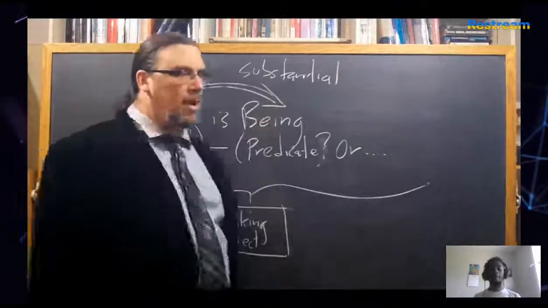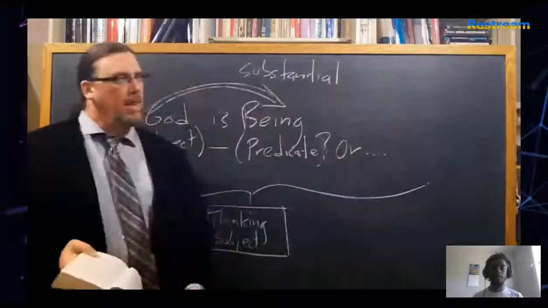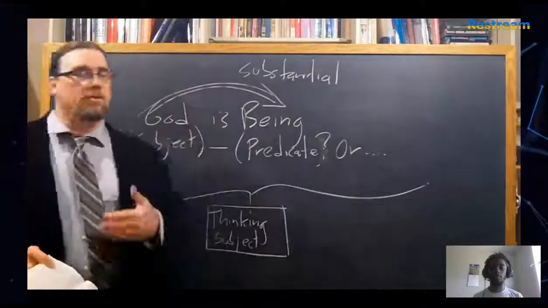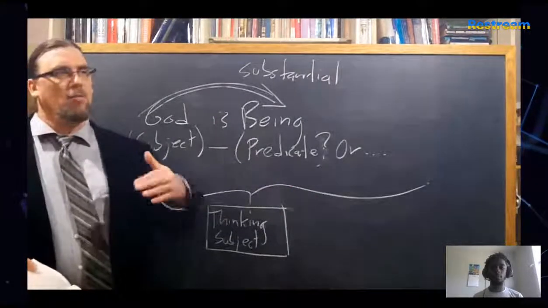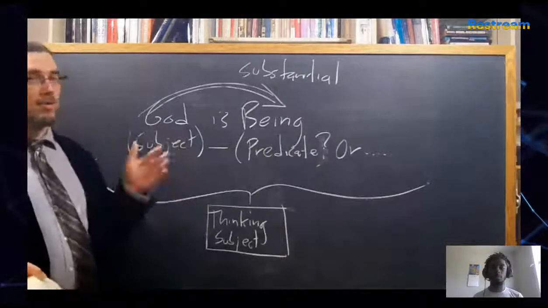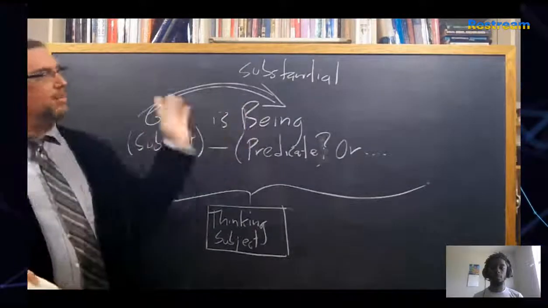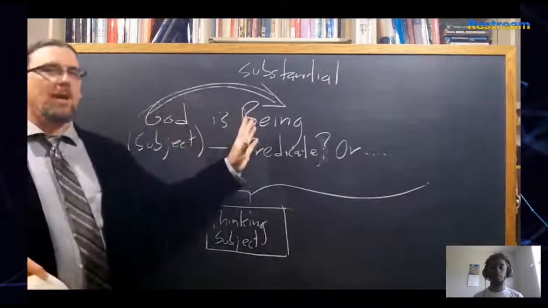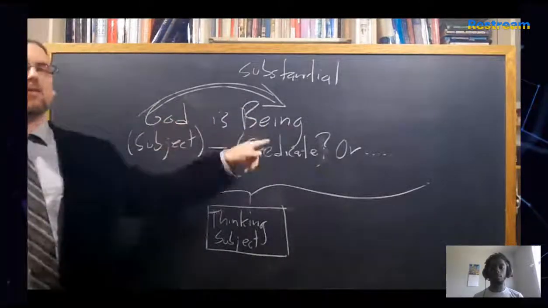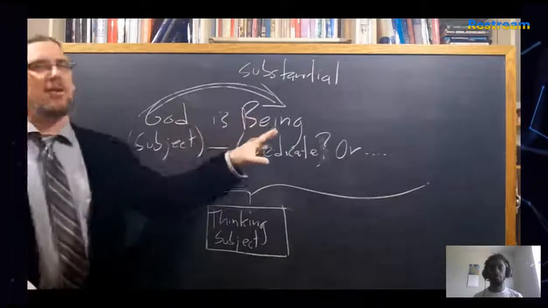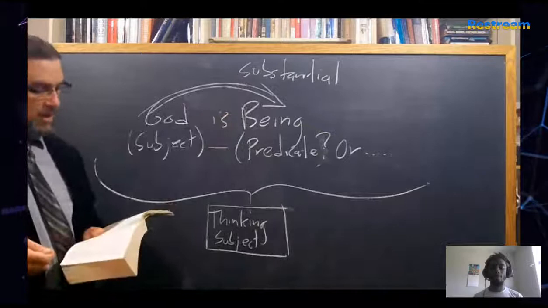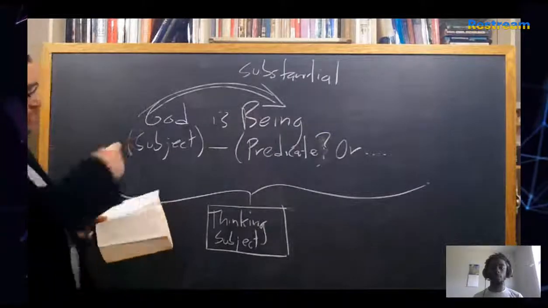Over into its predicate. If we want to know what the subject is, we can't just assume it as a fixed starting point. There are ways of doing philosophy where that's precisely what you do. You begin with fixed axioms and then move out from there. Hegel's saying, no, if we actually want to learn anything about anything, that's not the way we do it. We begin with something that we think we know, then we predicate something, and it turns out that the predicate is a hell of a lot more intelligible than what we began with. And now we say, now I get it. Now I'm starting to understand. So being is something substantial in that case, and the subject is being dissolved.